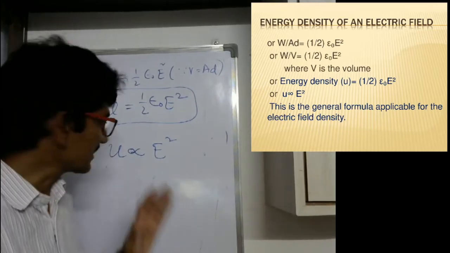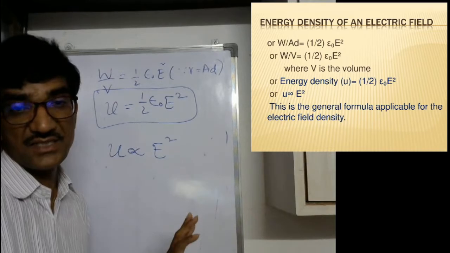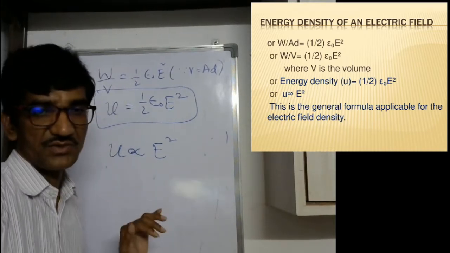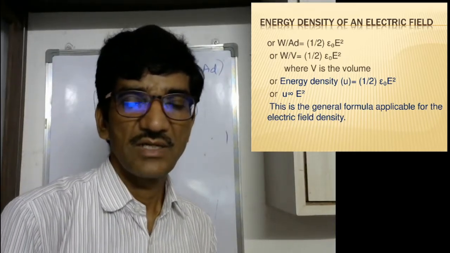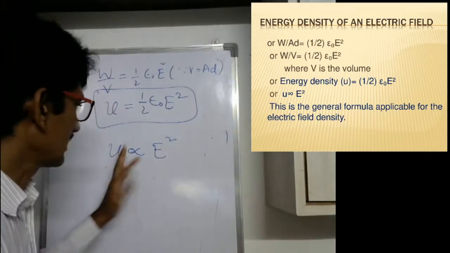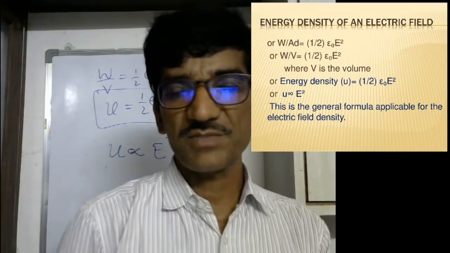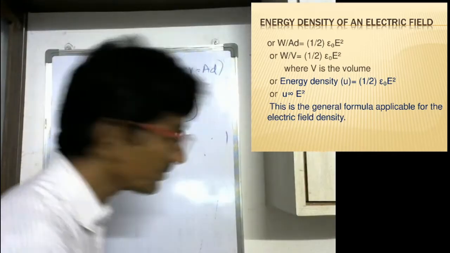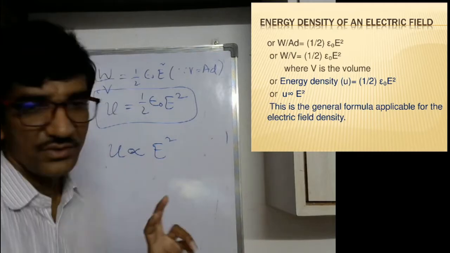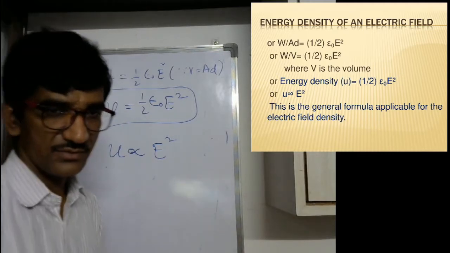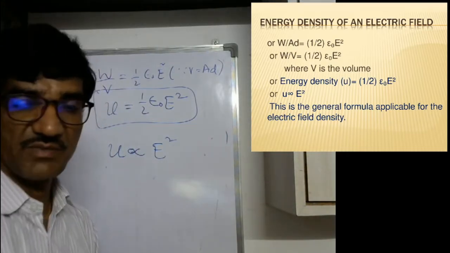Okay, if it is static electricity or electric field, then what happens? The energy density will be directly proportional to the square of the magnitude of the electric field vector, E square. If it is light or sound, then we simply write this is proportional to intensity, I is proportional to A square, small a square or capital A square. Okay. So many similarities in physics we have. Even though branches are different, subjects are different, there are some similarities.